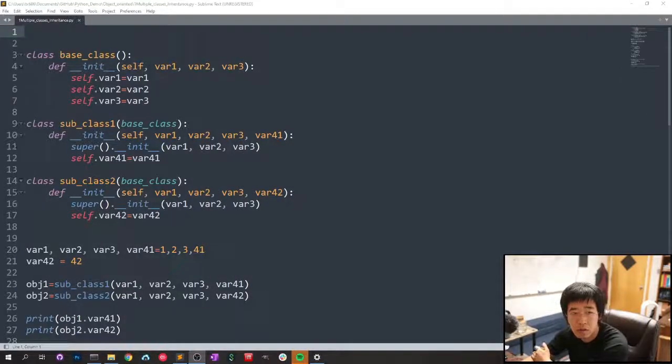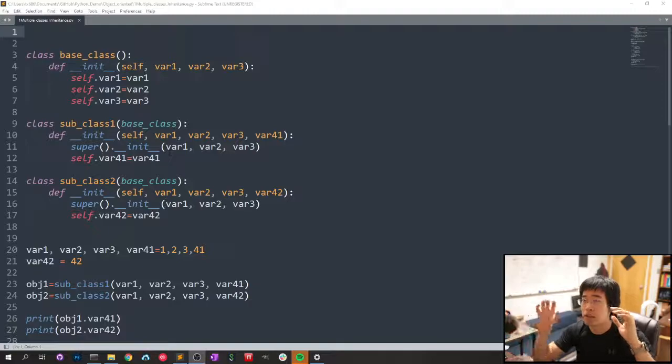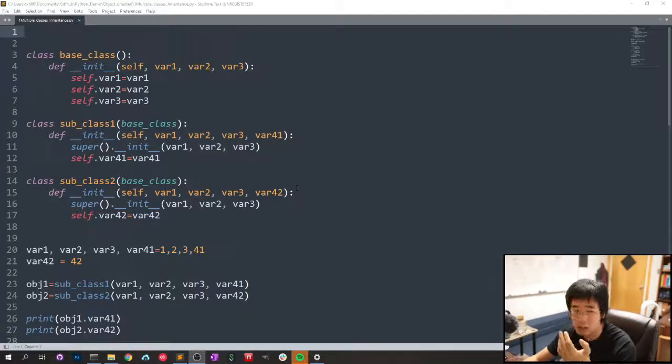You can also have fun with architecture in a sense, like one class beneath another, and they can share similar properties, and it will make your life easier if they share the same trait. For example, we have one base class with variable 123,